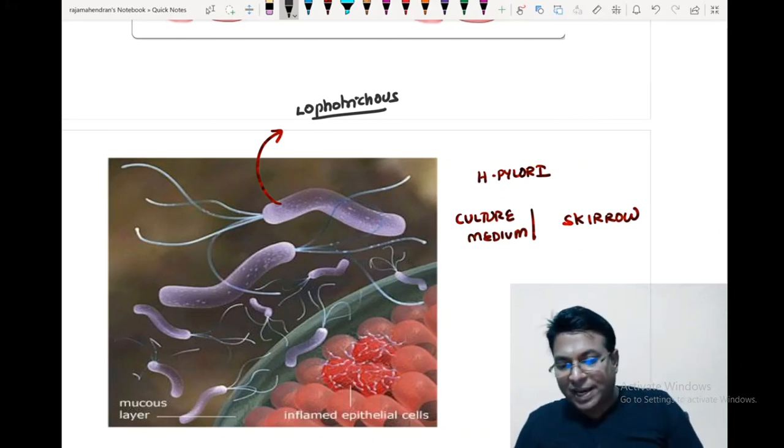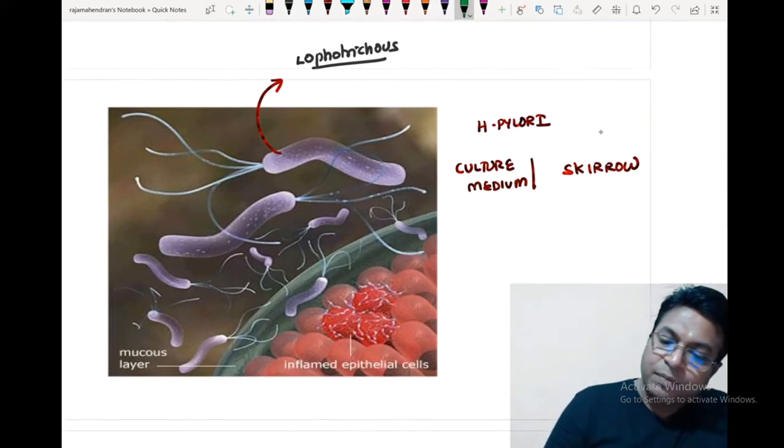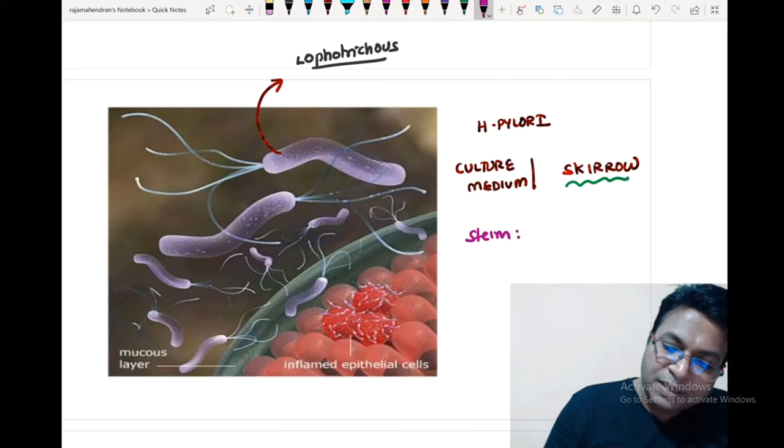That is the criminal nerve of Grassi. So this is a lophotrichous flagella, multiple flagella seen on one side. And please don't forget the culture medium is Skirrow medium. The stains used are Giemsa stain,